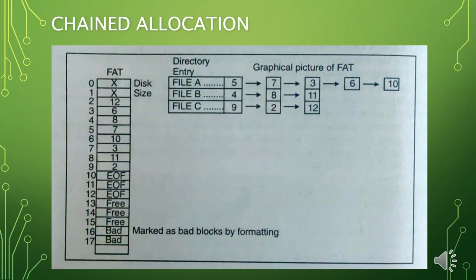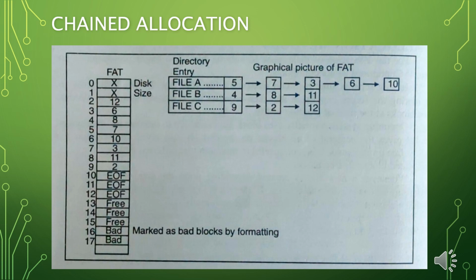Let's know what chained allocation is in detail. This is non-contiguous allocation, so the next block is traversed using a pointer field, which gives the address of the next block in the same file. In DOS, these pointers are kept externally in the file allocation table, that is FAT. In MS-DOS, the file allocation table is used as shown in the figure. In this scheme, the block can have 512 or 1024 bytes.